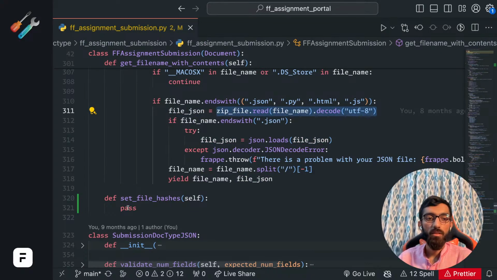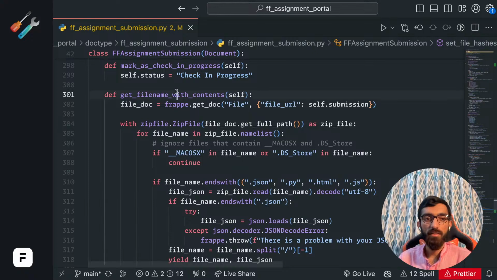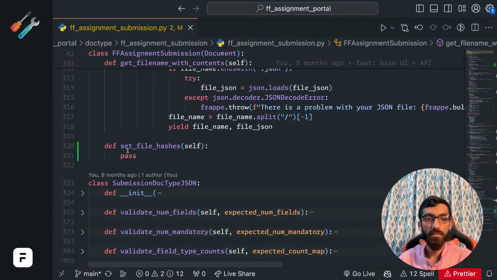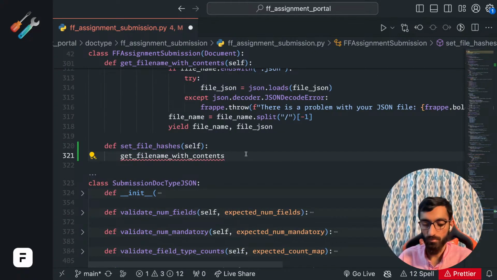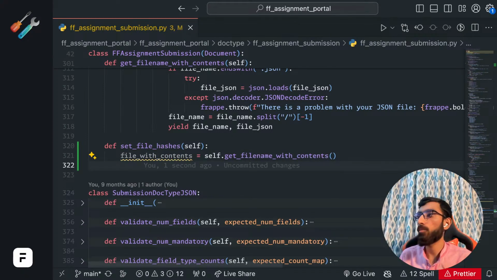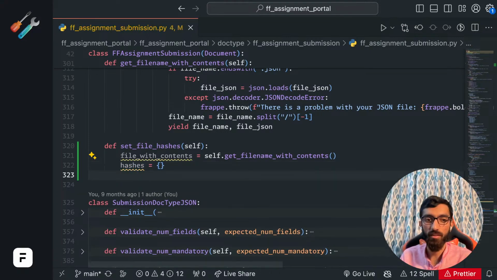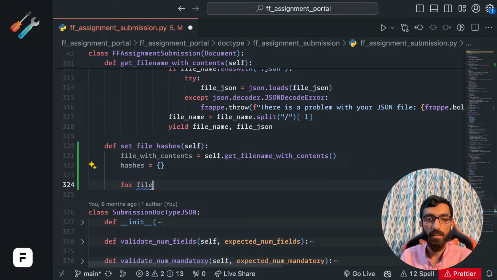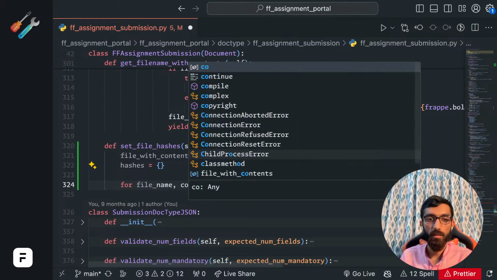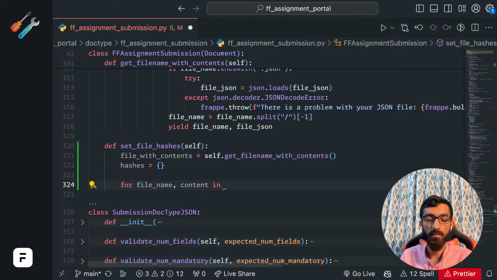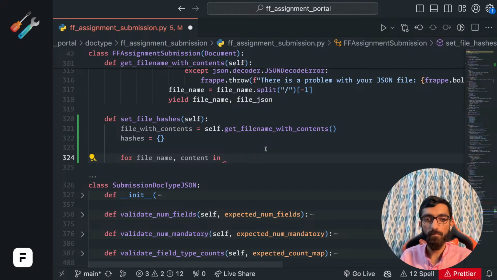Cool. So what I will do is call this here, self dot get file name with contents, and now we have to loop over and calculate the hashes, equal to a dictionary, for file name, content in